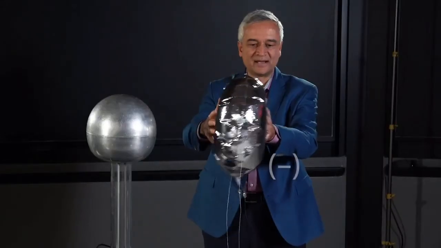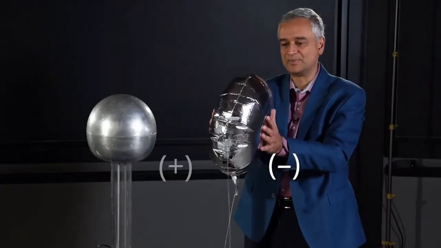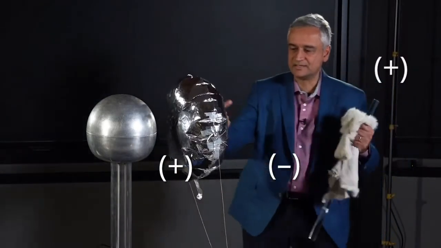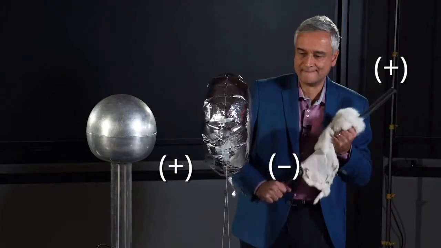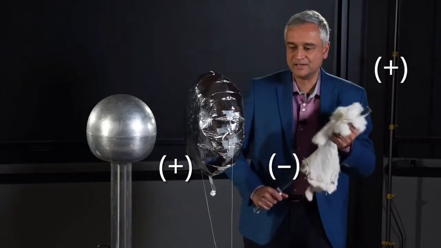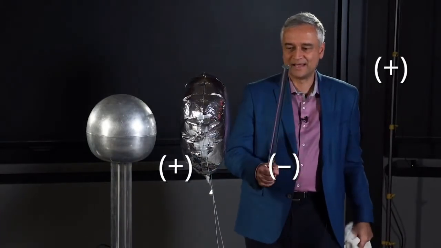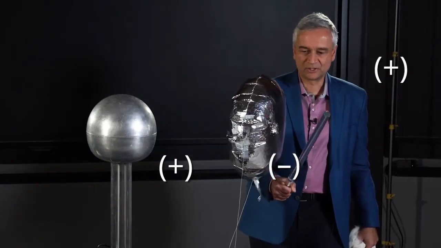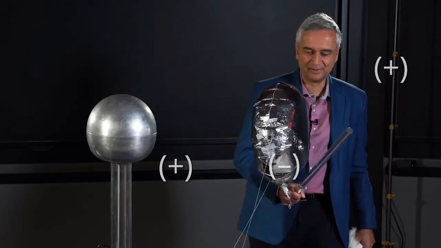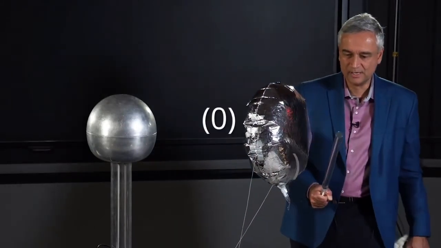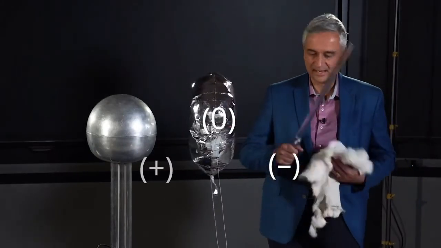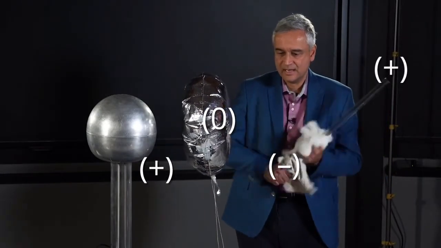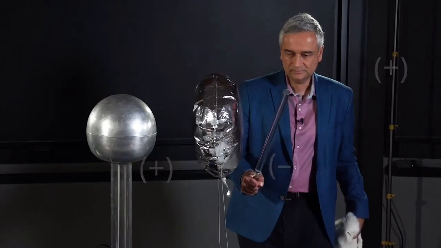And we get a little extra negative on this side, a little extra positive on that side, because the positive rod is sucking negative charge this way, inside the balloon. And as soon as that happens, I have the negative side of the balloon close to the positive rod, and so the positive rod is now attracting the negative side of the balloon. So my balloon is at this moment neutral in total, but it has a negative side and a positive side, and the positive rod is attracting the negative side of the balloon, and that's what's going on here.